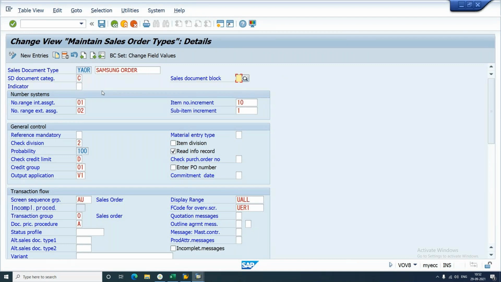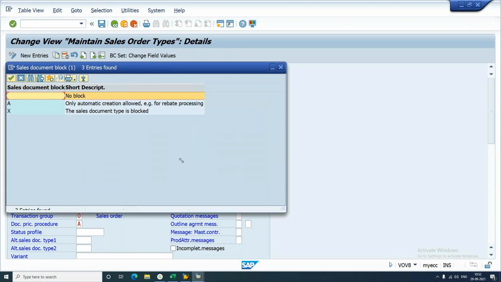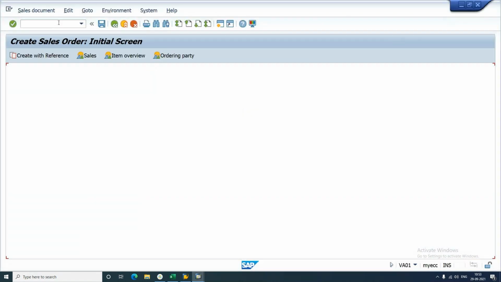Now the next one, sales document block. What is the use of this field? If you activate this field, the user can't use this document type for creating an order. For example, I'm activating it with the value X, sales document type is blocked. Activate it, save it. Now if you go for creating an order, VA01, using that particular document type,